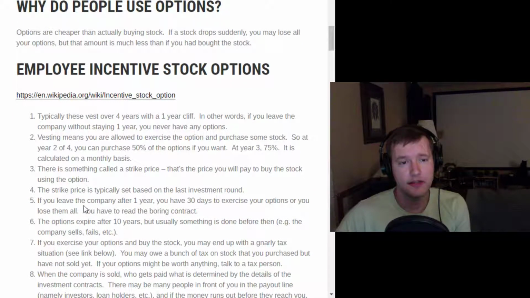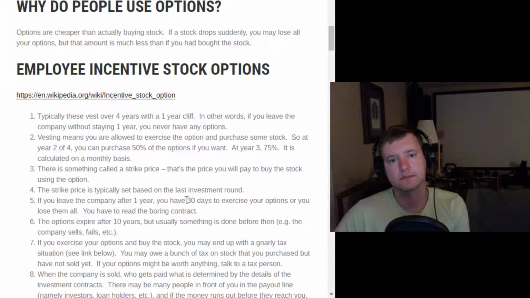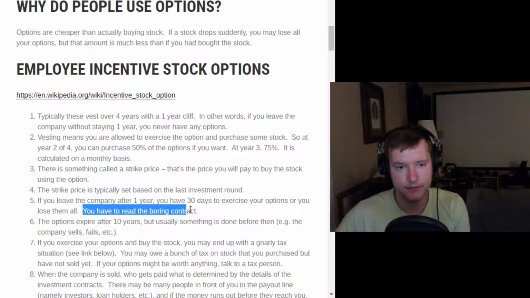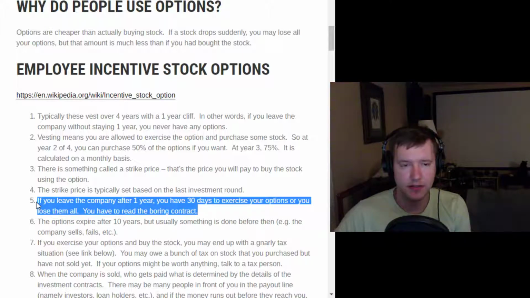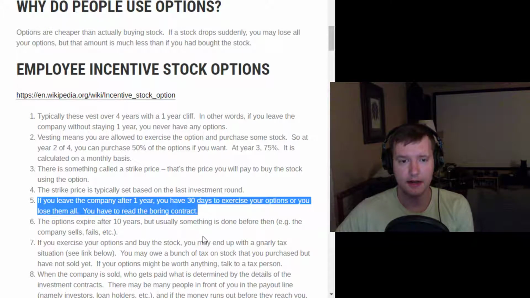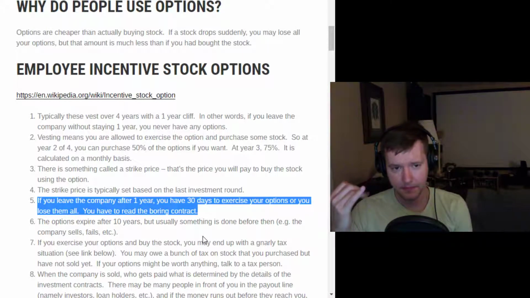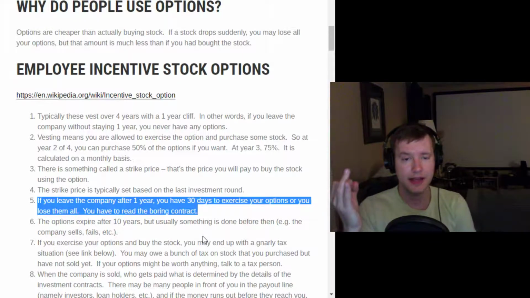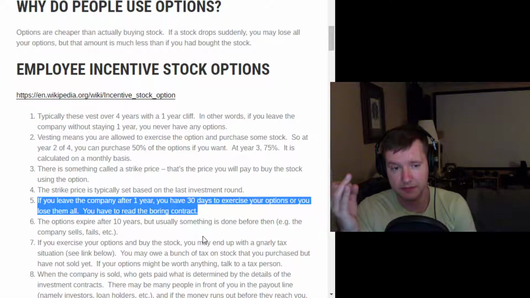All right, another detail is if you leave the company, you typically have 30, maybe 90 days. You have to read your contract for your options to exercise those options. If you don't exercise those options within that time period, you lose them all. This means that you need to save money. You need to save enough money such that if you were laid off or whatever the situation is, you can both cover yourself during the period where you're not making income, and you have the money that you could exercise the options if you think they're a good investment.